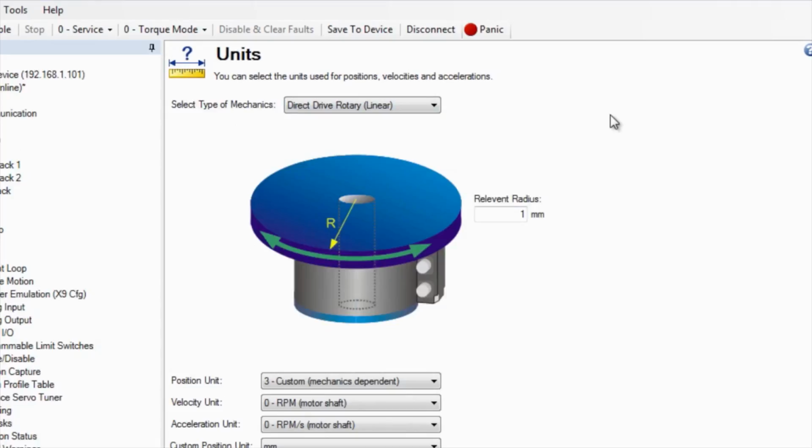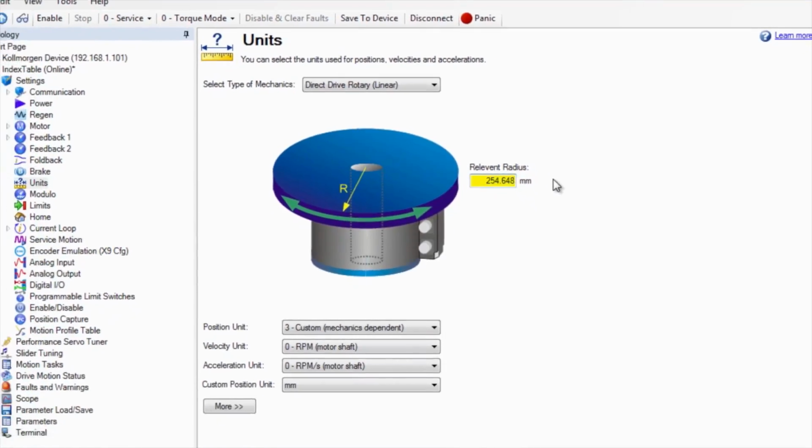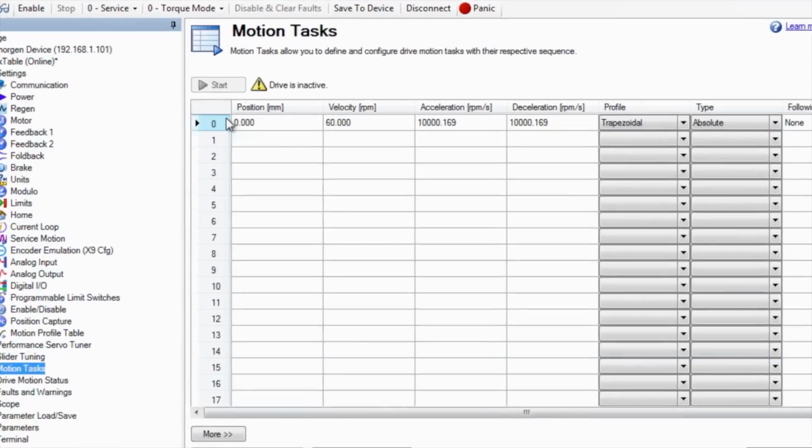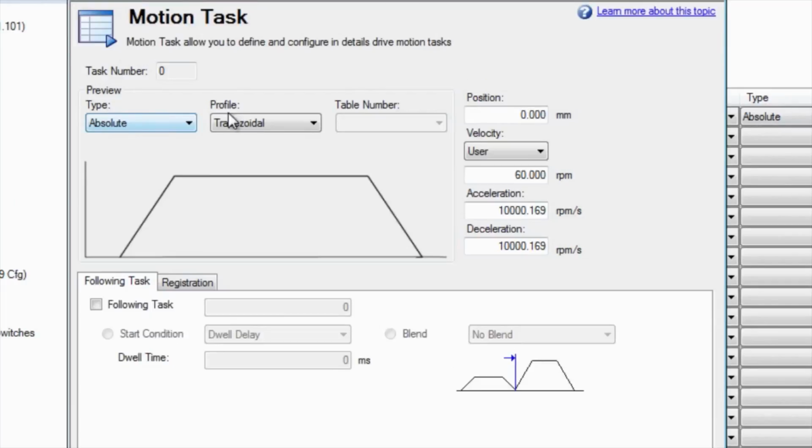Returning to the screen for direct drive rotary, we see that everything is the same as it was in the disc, except there is no place for a gear ratio. We simply decide on the custom position units, again our choice was millimeters, and we enter our radius of 254.648. Position units are set to custom mechanics dependent. In both the direct drive rotary and disc, this will result in a motion task reflecting the same for its